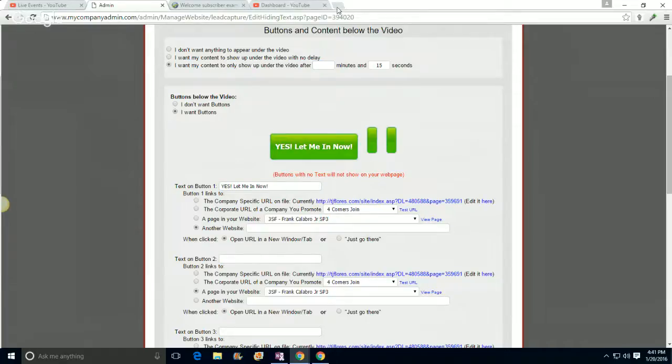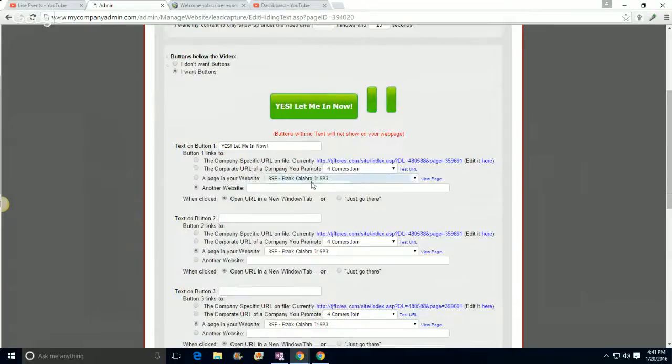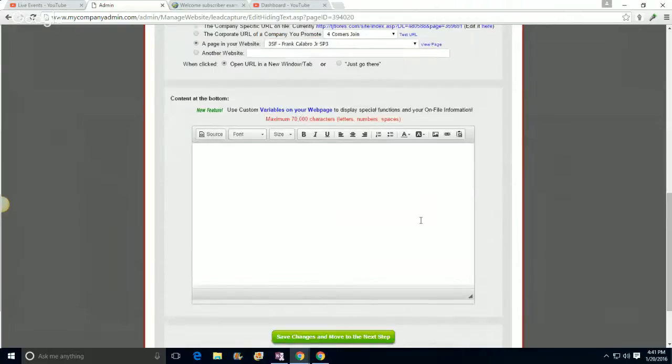So you can actually go over to ClickBank, grab a product if you want. In this case, of course, it said something about ClickBank, but I don't have any ClickBank products here. But we're going to send them to 4 Corners, join now in my case. But you can send them to any website you want, whenever they hit the button. Okay, and here you can add some more stuff on the bottom of the page if you want, where you can say,